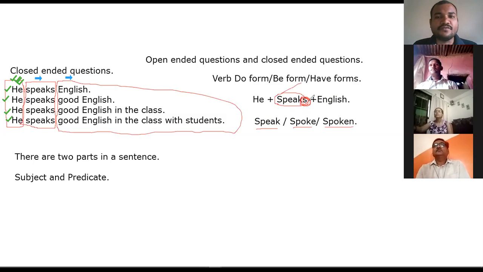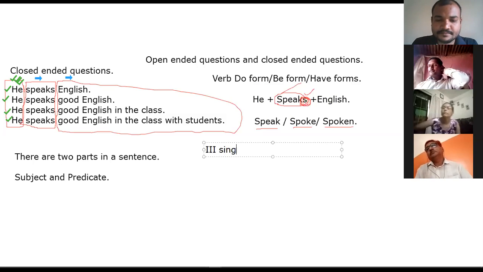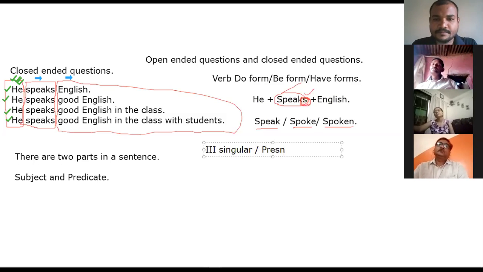Right. So from where has this extra letter come? Third person. Yes. Singular third person. Someone is speaking, but I'm not able to hear them. Speak a little louder, Kavita ma'am. Singular third person. Right. Very good. So third person, singular, that too present tense. So whenever we are talking about third person singular in the present tense,